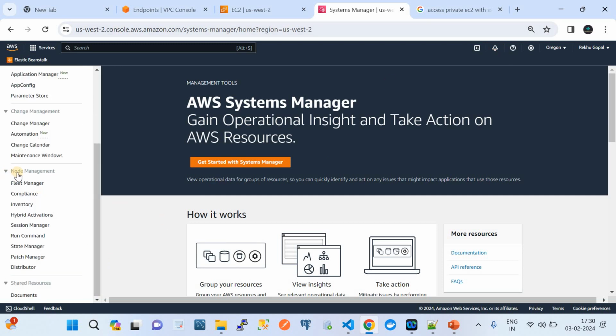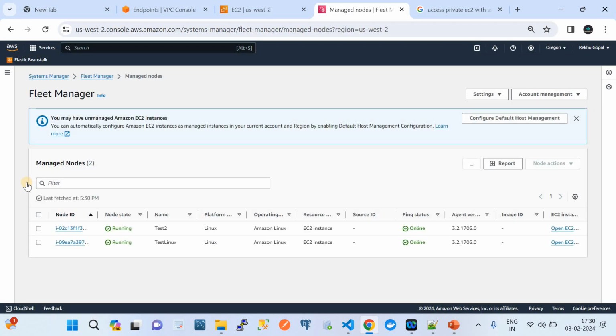Now we're going to go to node management. Underneath node management, there is an option called Fleet Manager. What does Fleet Manager tell us? Fleet Manager gives you a hint whether the SSM agent on that EC2 machine is working or not. For testing purposes, I have created two machines, test2 and test Linux, and these machines are reporting